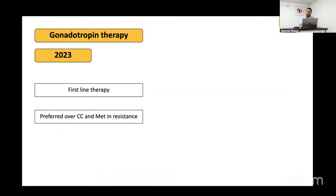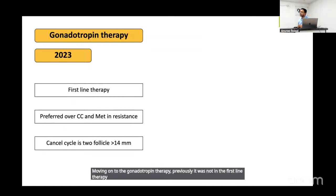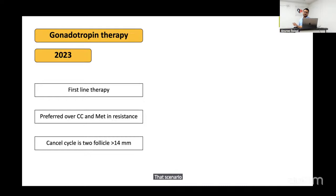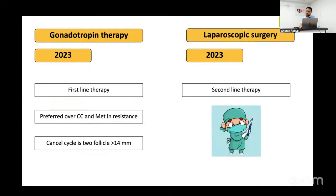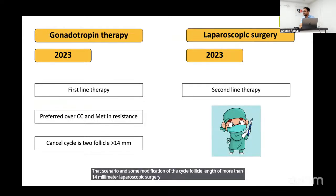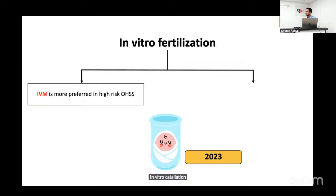Moving on to gonadotropin therapy, previously it was not in the first line therapy, but this time they said it can be used in the first line therapy when there is a failure or resistance to clomiphene citrate or metformin, with some modification of the cycle, follicle length of more than 14 millimeter. Laparoscopic surgery is still in the second line therapy in the 2023 guideline. In vitro fertilization, IVM,